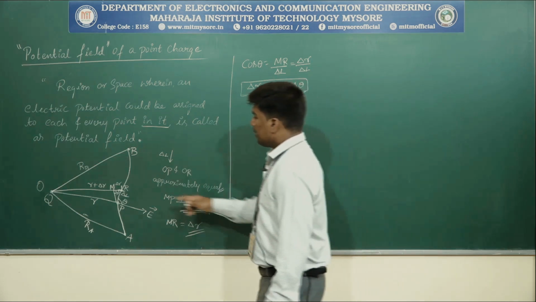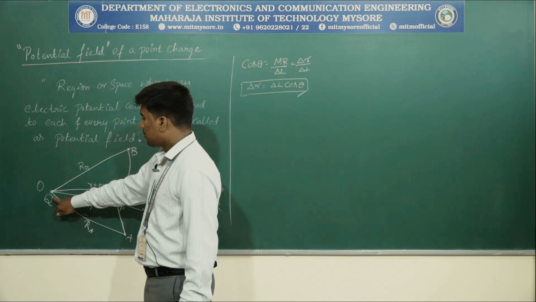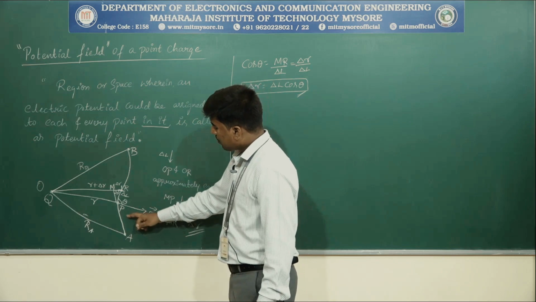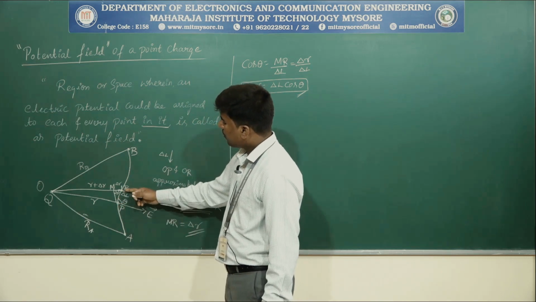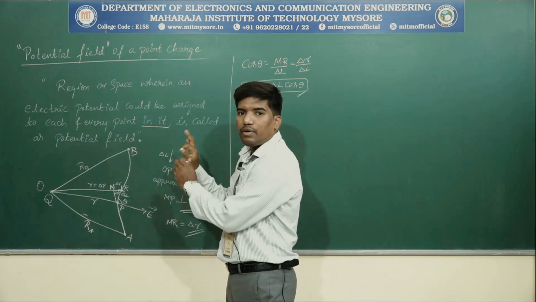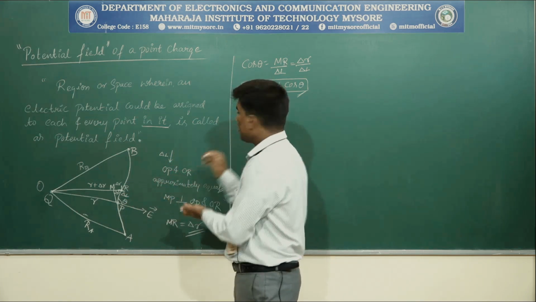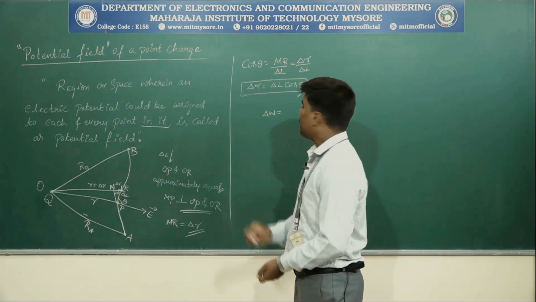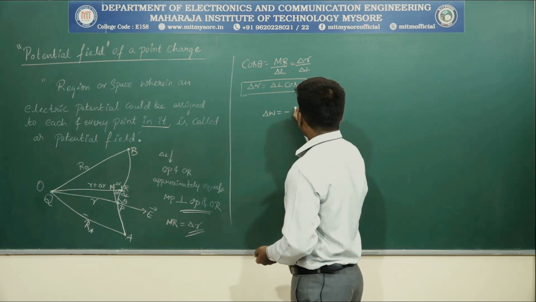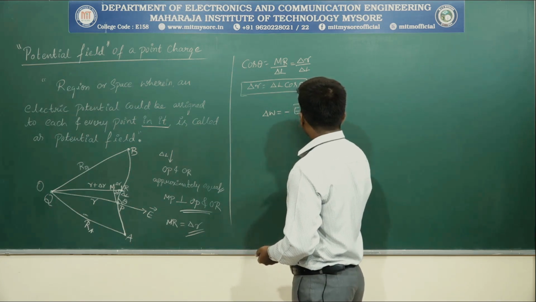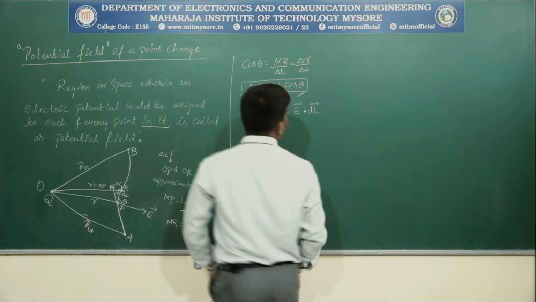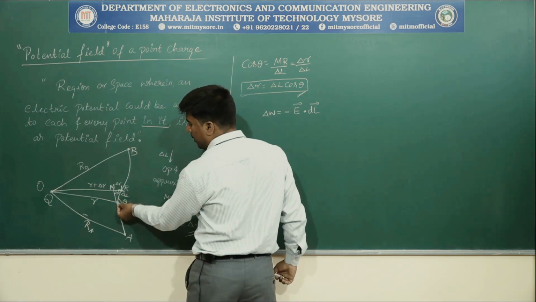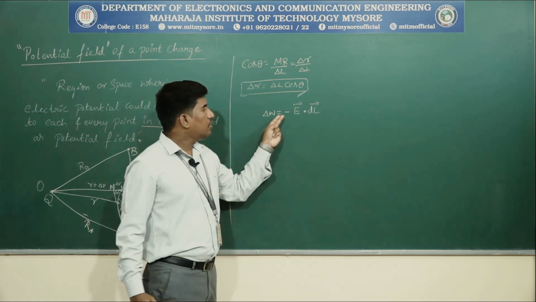Now this is the unit positive charge placed at origin. Now in order to push this charge from P to R, we need to perform some work. That work done is delta W. Elementary work done is delta W. That is given by minus E dot dl. Elementary work done by pushing a charge from P to R is given by delta W is equal to minus